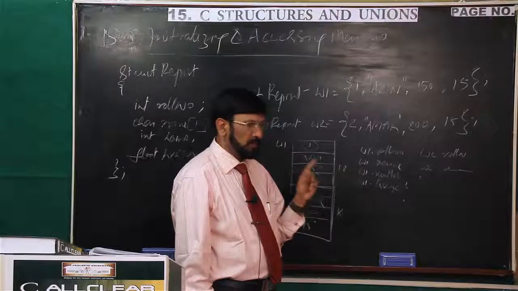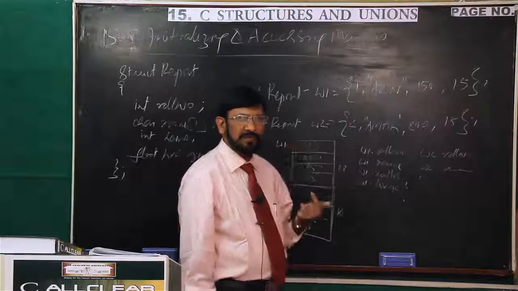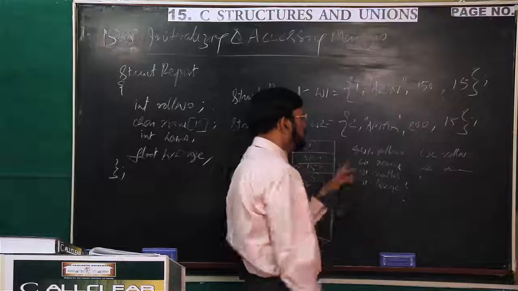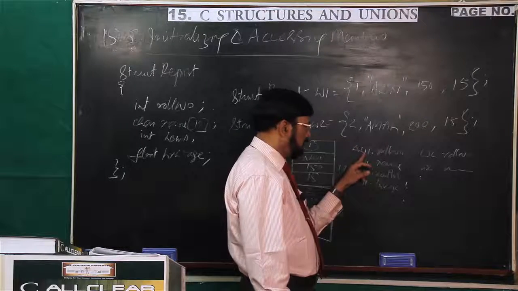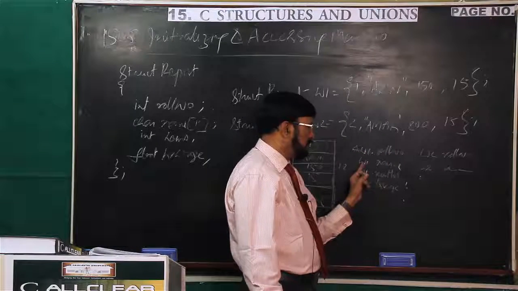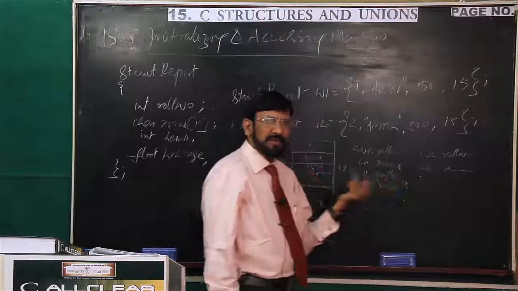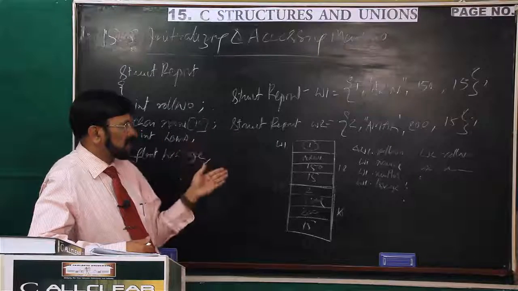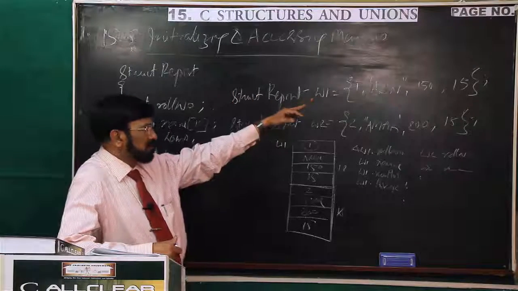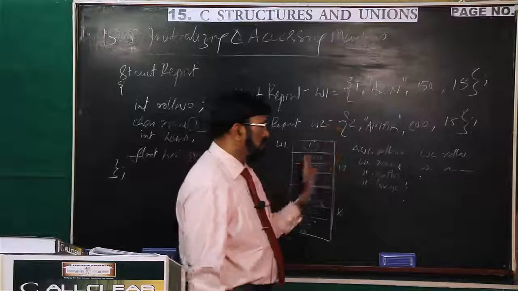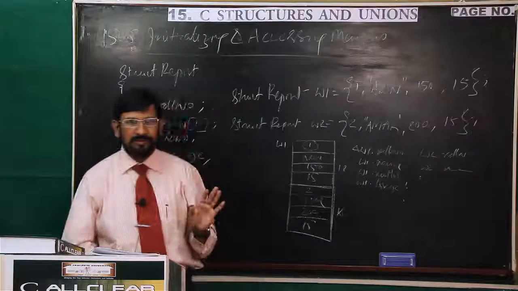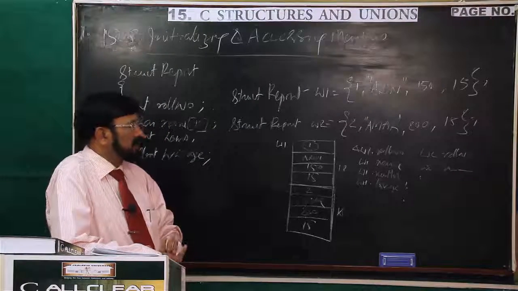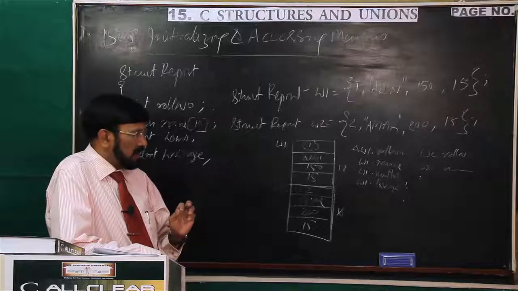Thereafter everything is the same. Suppose you have to read this. Now we have initialized, but instead of initialization, you want to read from the console keyboard, then what should you do? In a scanf statement, ampersand worker 1 dot roll number, ampersand worker 1 dot name, like that you can read. So up to this, all the points stage by stage: structure declaration, structure variable declaration, initialization, and accessing individual members of the workers. This knowledge you should have, and now with this knowledge, if you enter into the program, then you can understand everything, you can crystallize our knowledge, and let us take up a